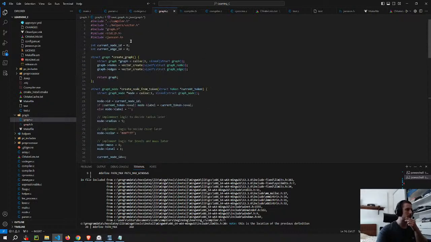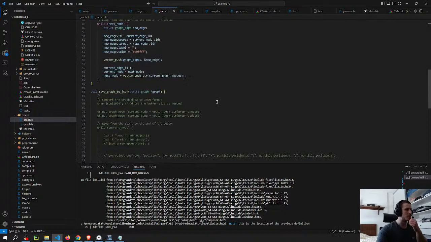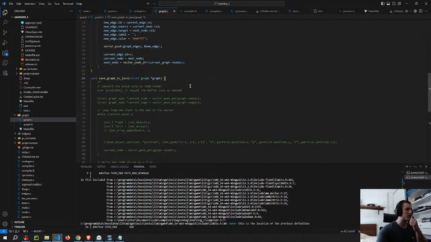And what I'm gonna do is just use this library here. If I can use this library, then I'm just gonna study the documentation and then try to implement the functions from the library in order to convert the graph that I'm building to JSON. So I can save everything in the JSON file and then use the JSON on the front end. So first I'm gonna do it manually, and then once I've optimized the feedback loop system, then I'm going to